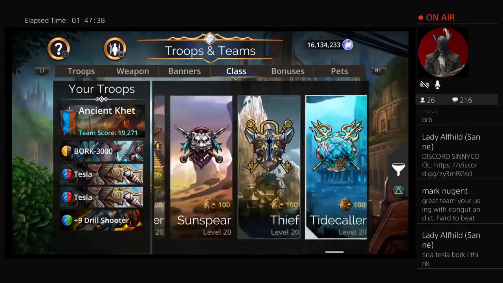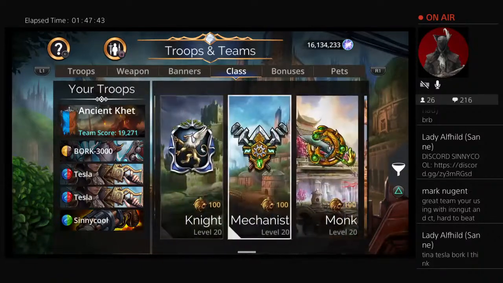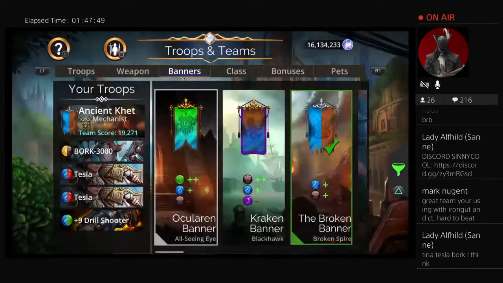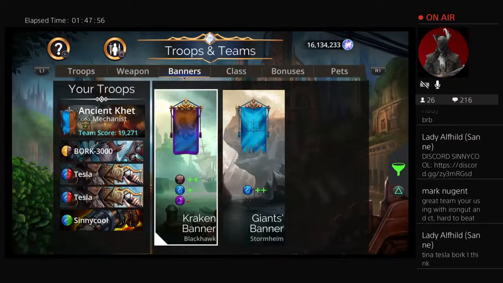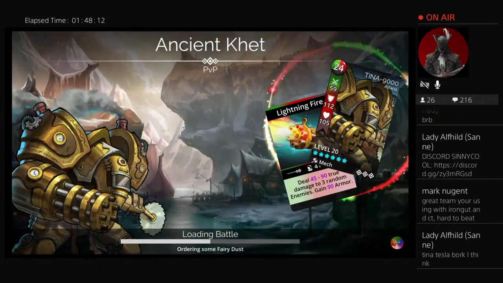Then we do Mechanist to start Bork with 50% mana. And we have a whole lot of blue. We got brown, yellow, blue, red, green. We're missing purple again. There you go. That's fine. Probably the Bork's catching all that brown, and then the blue for the rest of the team, and then minus purple because we don't have any purple. Let's see how it goes. I think it'll be all right. You might maybe drill shooter in second slot, but